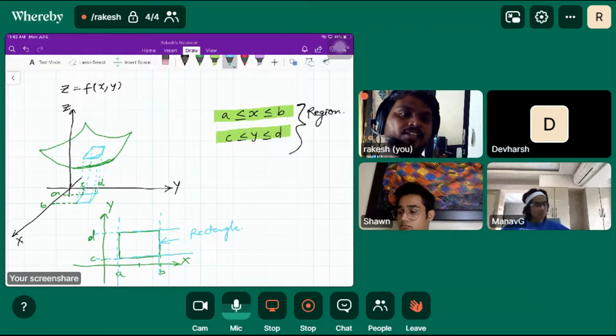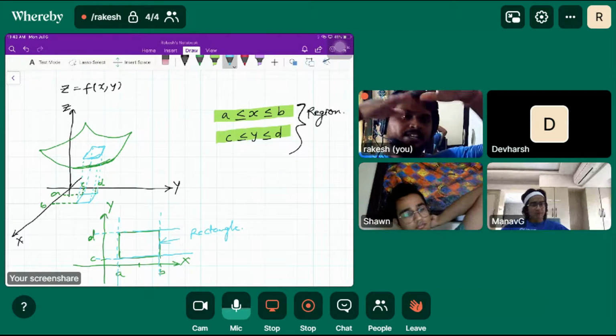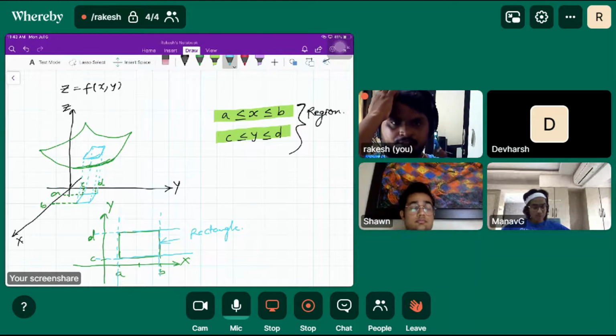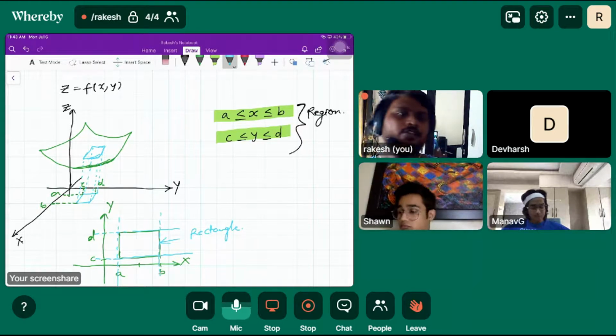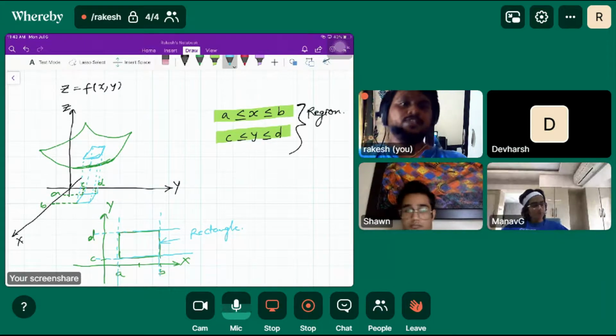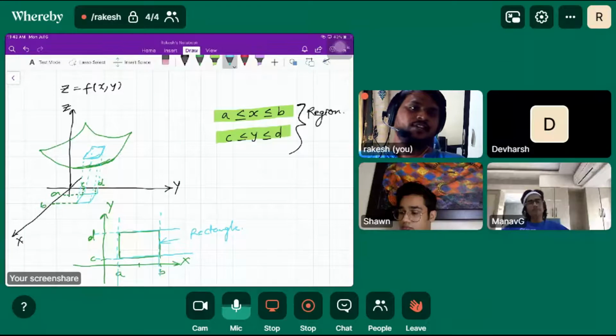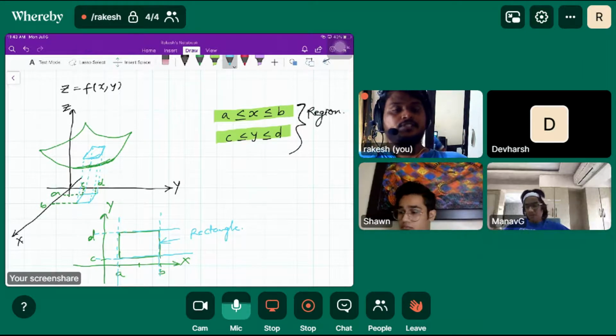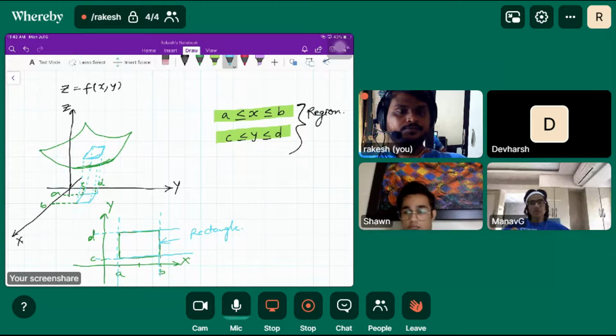And if you shoot this up and it intersects the surface, it will definitely give you the volume, right? So can we easily find out the volume here? Easily means, is it like a cuboid, cube, or any prism for which we can easily find the volume? Is it a cuboid? AB into CD? Is it really a cuboid?